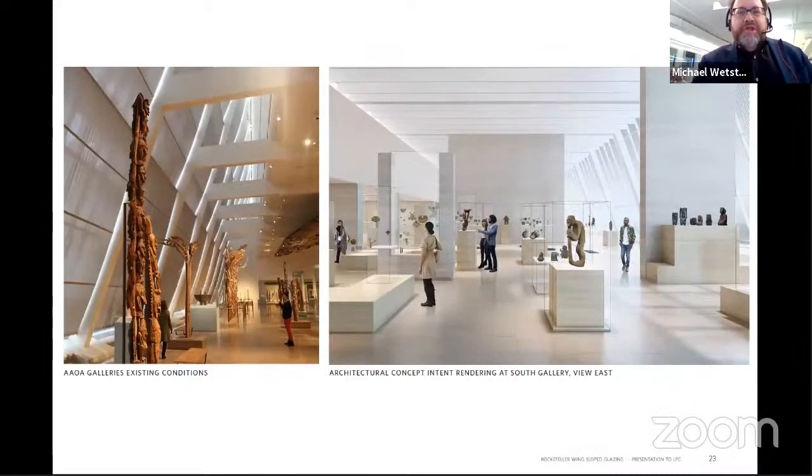But in all, without the shades, we think that the design of the galleries will be lighter, with appropriately controlled light and more inviting, and with a connection to the outside that's not there now, as you can see in this concept rendering by Y of the new galleries. And of course, all the glass engineering is done in conjunction with the precise objects that would be proposed in the galleries